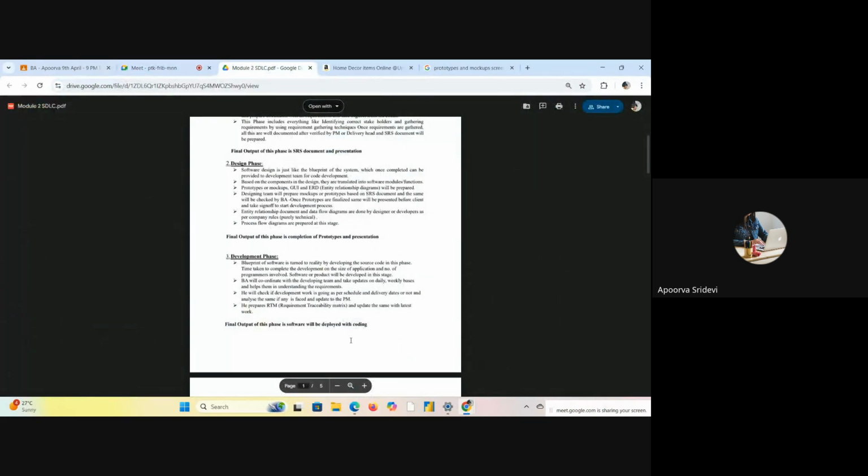And again, in this development phase, we have already shown you, right? The developers will keep on working, and in this Scrum, daily stand-up meetings will be there. Not daily retrospective meetings, at the end of the sprint we will be having retrospective meetings. In those meetings, the BA will also be included. You will get to know all the updates. So this is like a loop that will keep on happening till the end of the product. Here we will be deploying a product to our production,